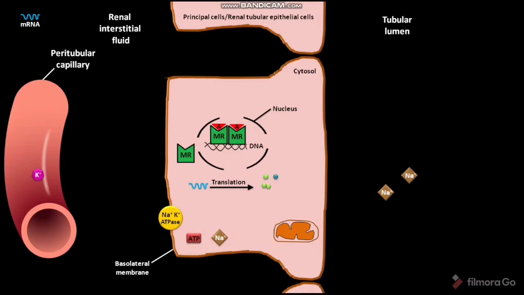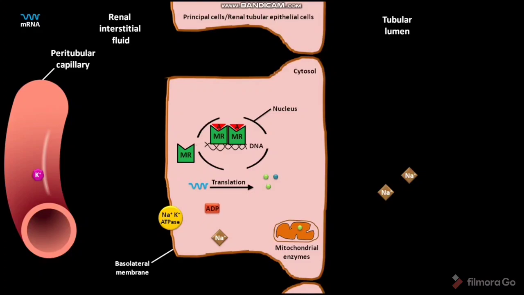Some of the proteins help to produce mitochondrial enzymes. These mitochondrial enzymes enhance Na+ K+ ATPase activity. The cytosolic ATP then binds to the Na+ K+ ATPase. The Na+ K+ ATPase then catalyzes a biochemical reaction in which the ATP is hydrolyzed into ADP. The ADP is then released to the cytosol.